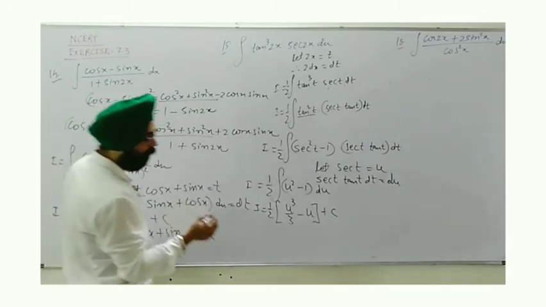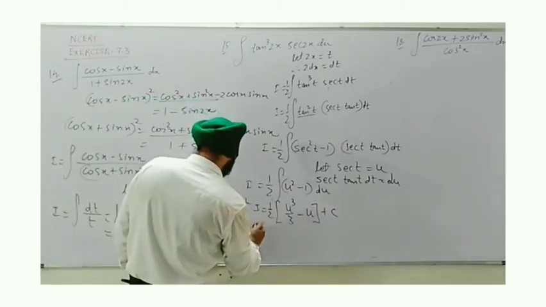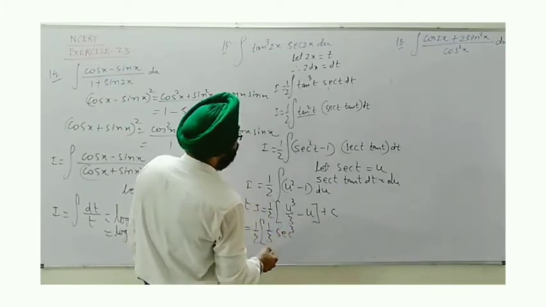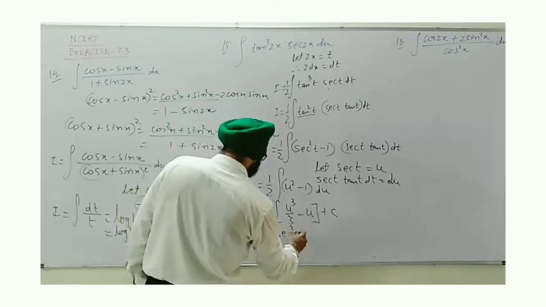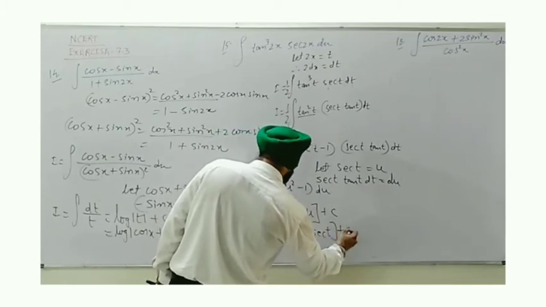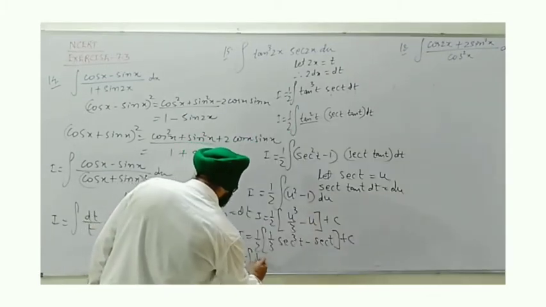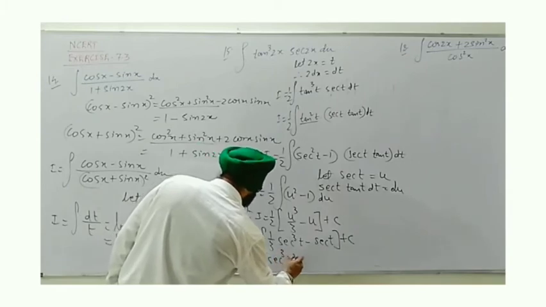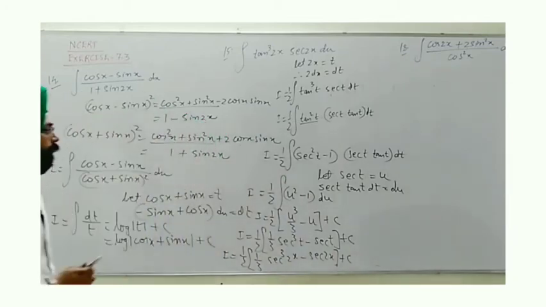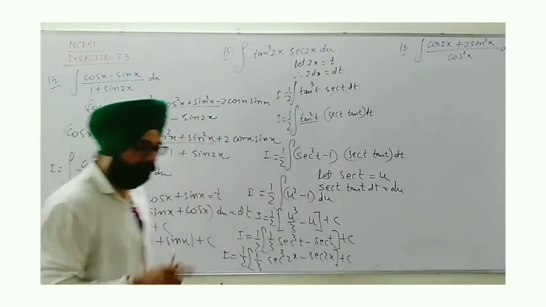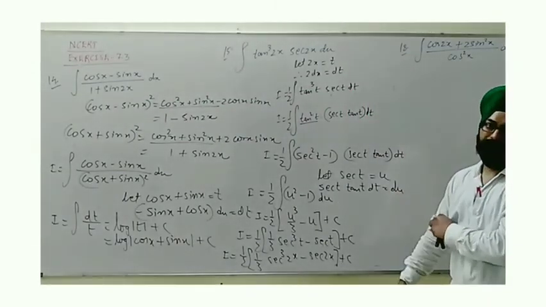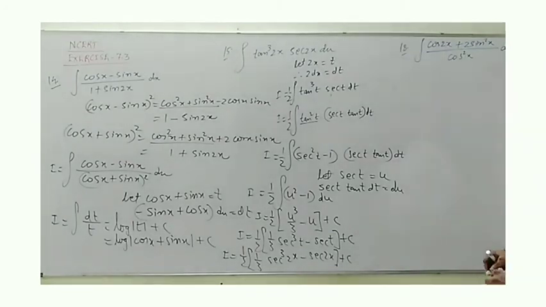What is the value of u here? Sec t. So we can write 1 by 3 sec cube t, and t is 2x. So we can write the next step, no problem. With the factor 1 by 2, the answer is 1 by 2 times 1 by 3 sec cube 2x minus sec 2x, plus c. I hope you got the method. This is the pair of tan and sec, so be careful. In previous modules, I have explained all about such pairs. Now,